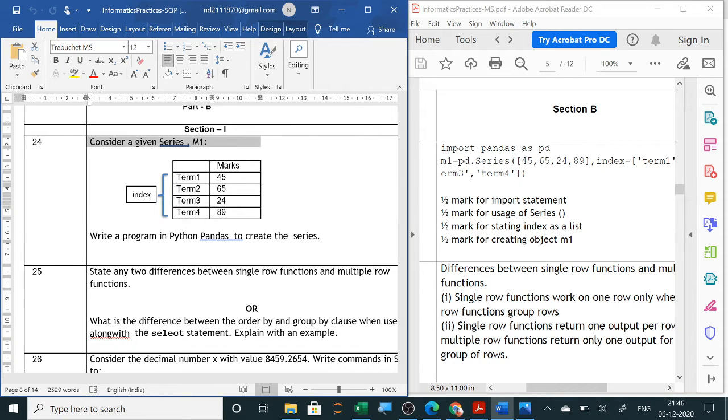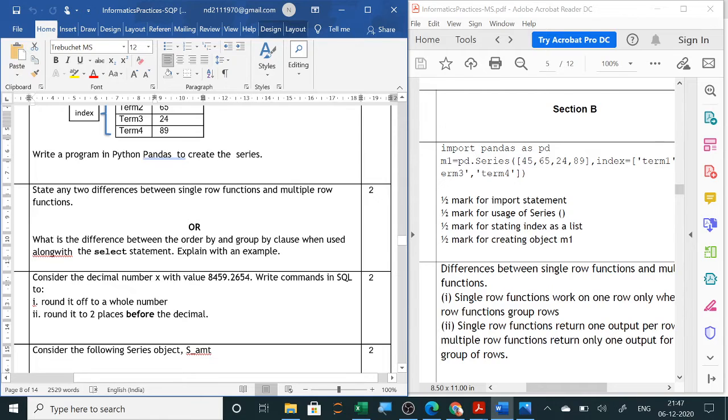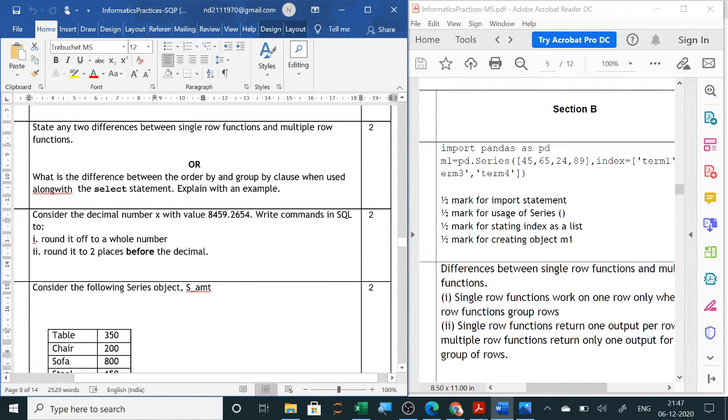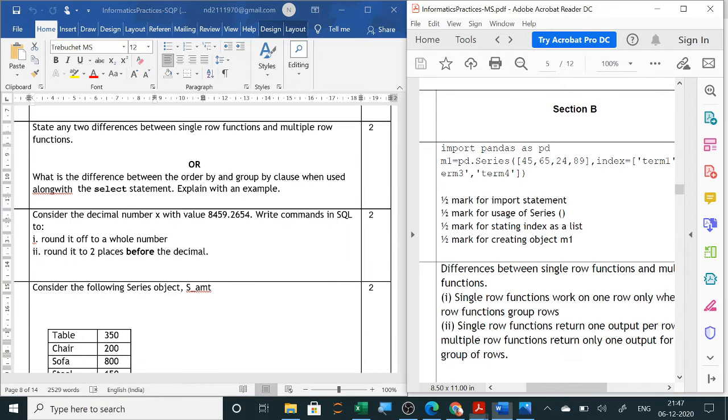The next question is: state any two differences between single row function and multiple row function. Multiple row functions are also called aggregate functions. You have written this in your copies.